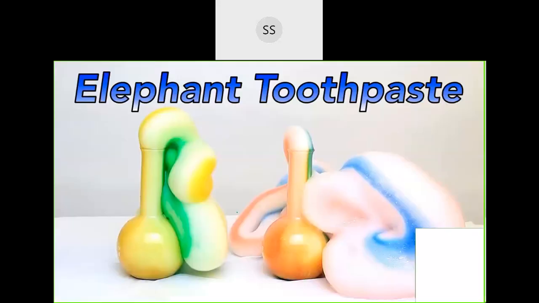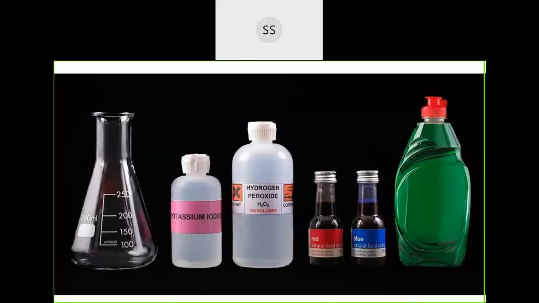If you have heard about elephant toothpaste, you will see on YouTube it is quite a common experiment. So what they do here is they take hydrogen peroxide. If you want different colors, you can make use of food color. Then they make use of liquid detergent. The liquid detergent is poured inside, then they add hydrogen peroxide, and a little amount of catalyst is added. You can see potassium iodide here serves as a catalyst. You can add yeast also.